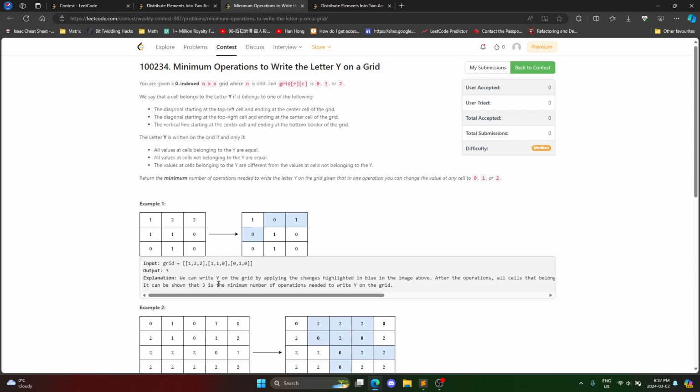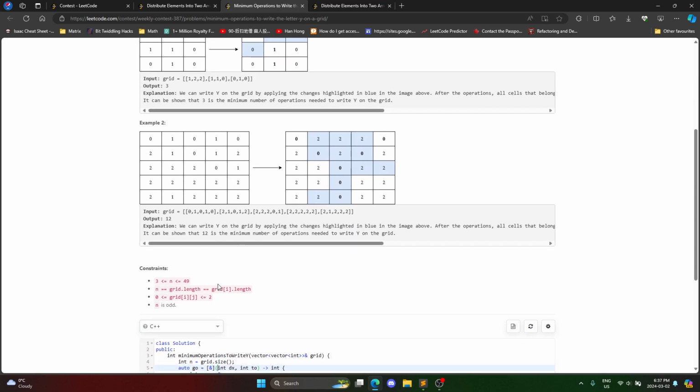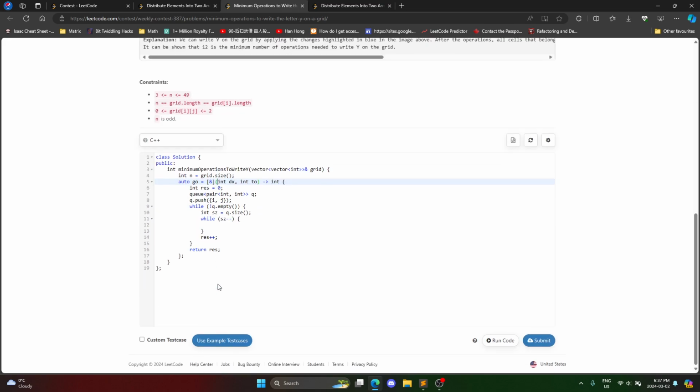The values that cells belong to Y are different. Okay, so the structure is fixed. So that makes it really easy. So then all I have to do is